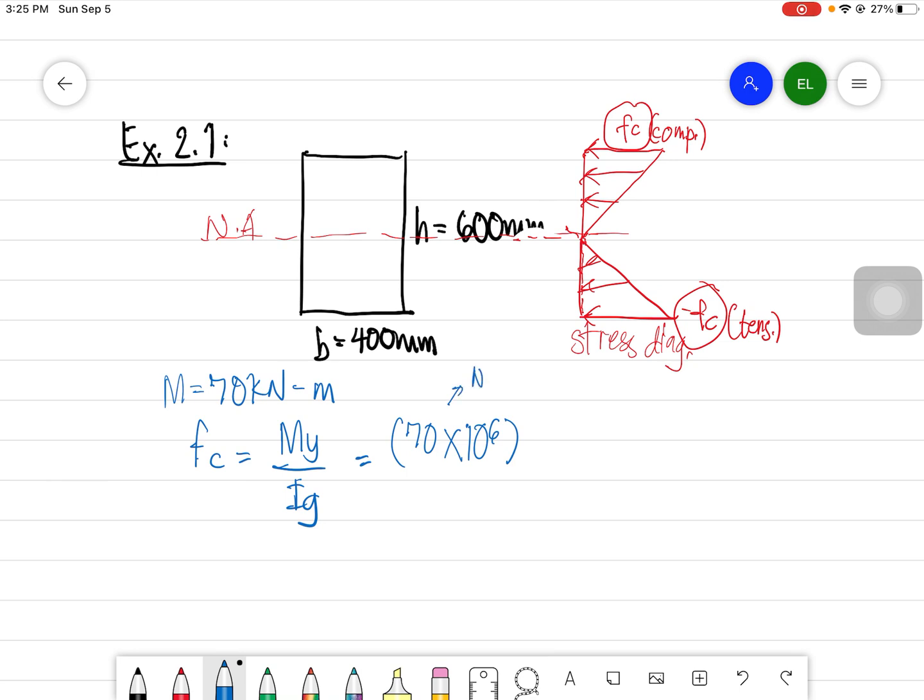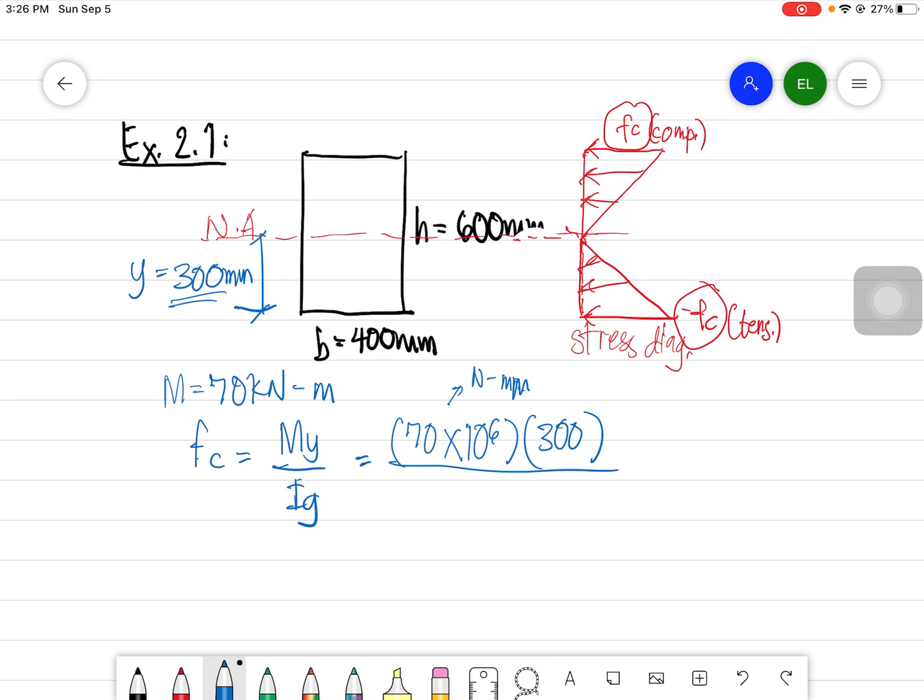This is in Newton mm. I think this is not squared, this is not included. So Newton mm. Then y is 300. Okay, so 300 is half, no? So this is 300, guys, 300 mm y. So this 300 mm is for both compression and tension. And then over Ig,